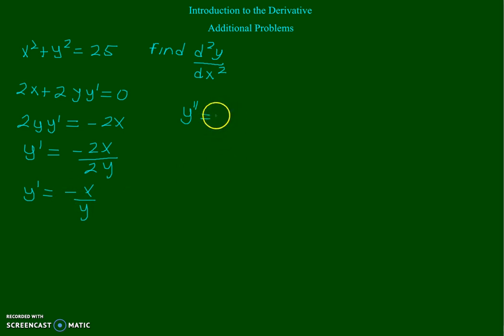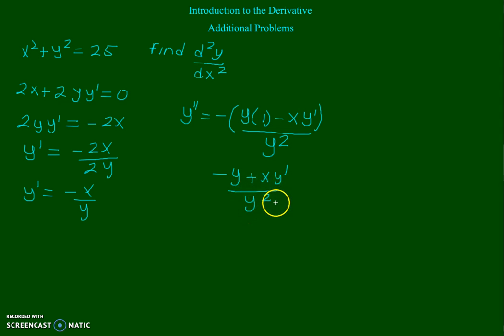So that's negative low d high, which is just 1, minus high d low, which is y prime, all over low squared. Now let's simplify this. We have negative y plus x y prime over y squared, and that's equal to